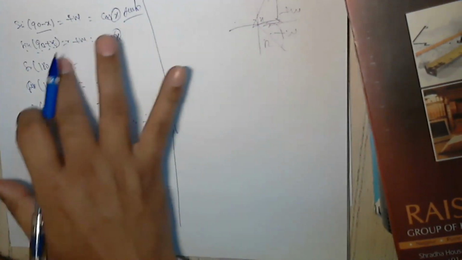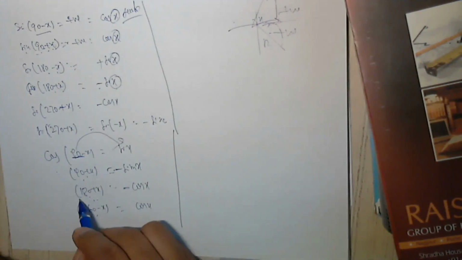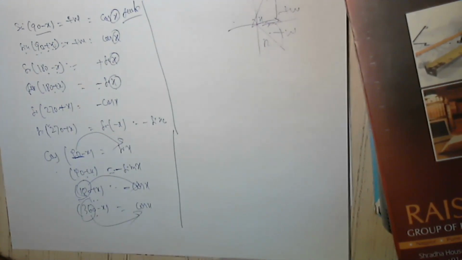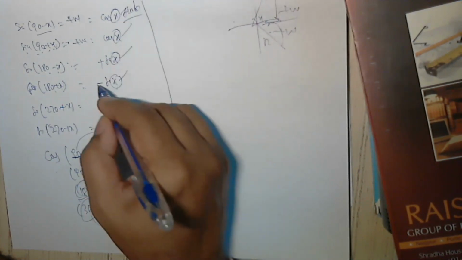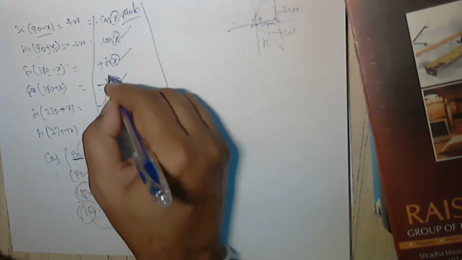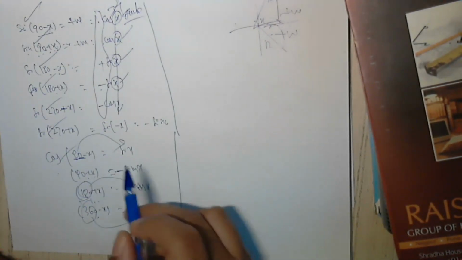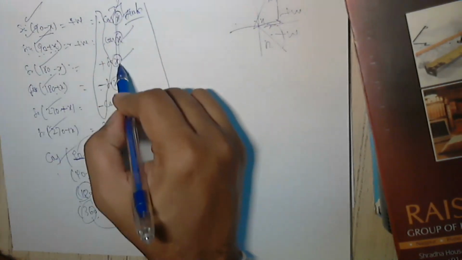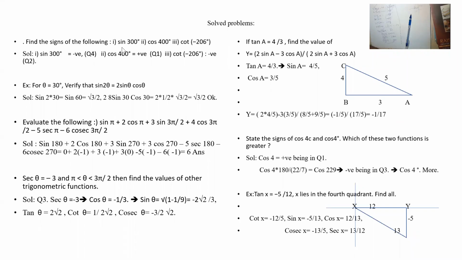So that way we should be well conversant with this. 90 means complementary. 180 means same. 360 is same. So one is we have to see whether it is getting a complementary angle or whether it is getting plus or minus. This plus or minus is decided not by the outcome, but by the initial sign. This is decided by either 90 or 180. Understand this? So let us go to some examples.